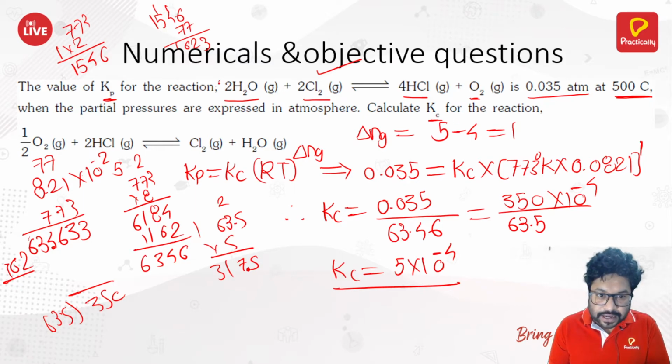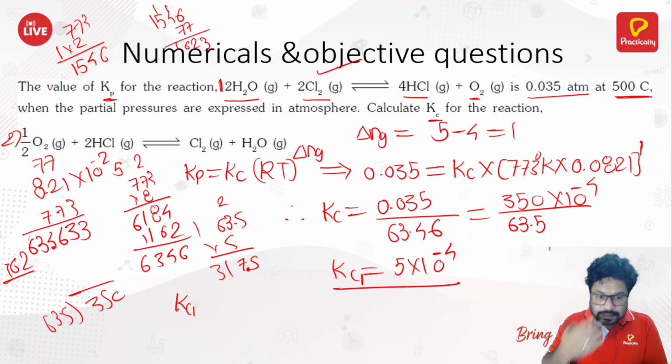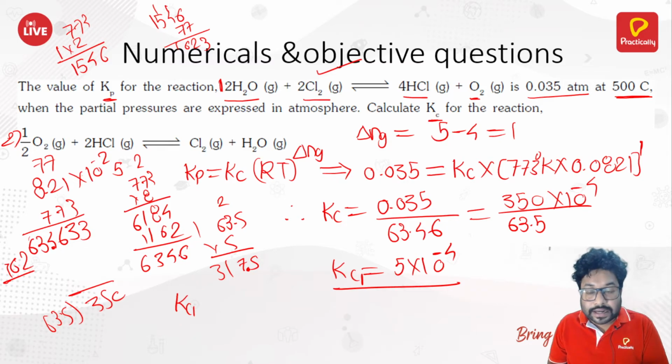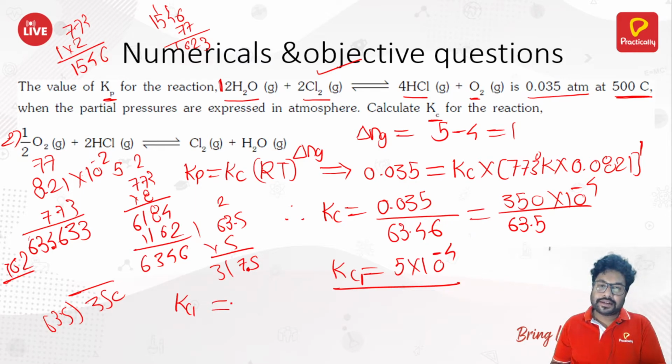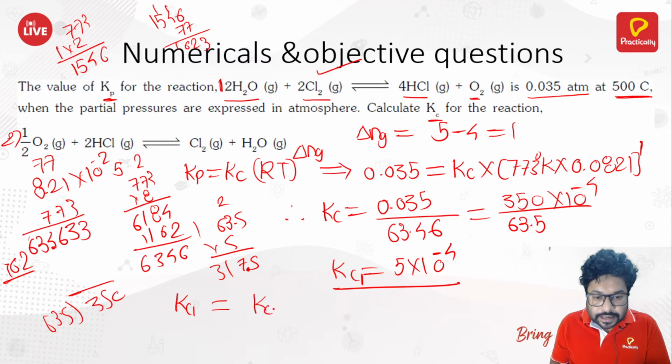suppose this is the first reaction, this is the second reaction. Now Kc1 you already got. If you look at the Kc2, it is just like if you're squaring the Kc2, you would get the Kc1. See, not actually squaring, multiplying the equation by 2. So multiplying by 2, basically you are squaring it, right? So it will be like Kc2 square is equal to Kc1.